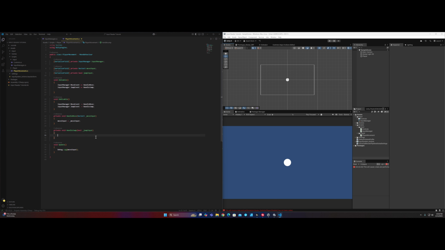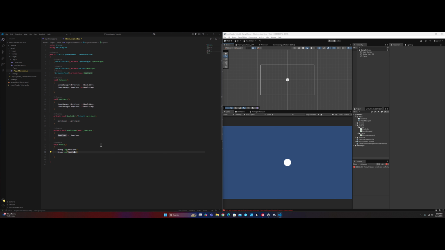And inside this, we're going to say jumpInput equals jumpInput, just like our move input. So now, if we were to try and use this, you just plug it wherever it is that you want it to be read, and it will start reading it,